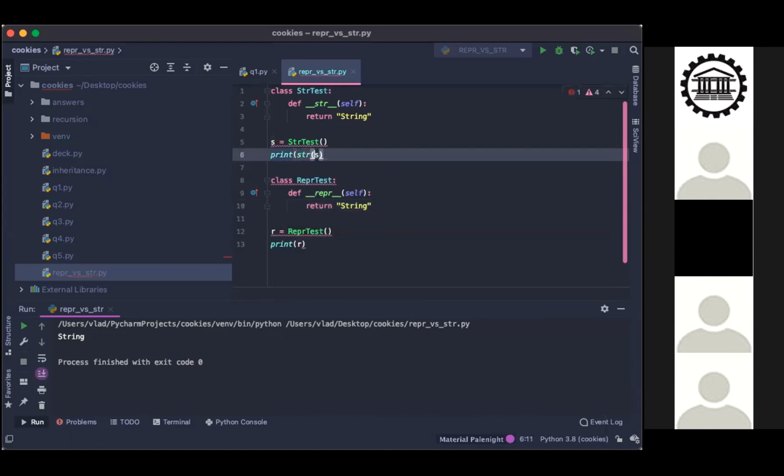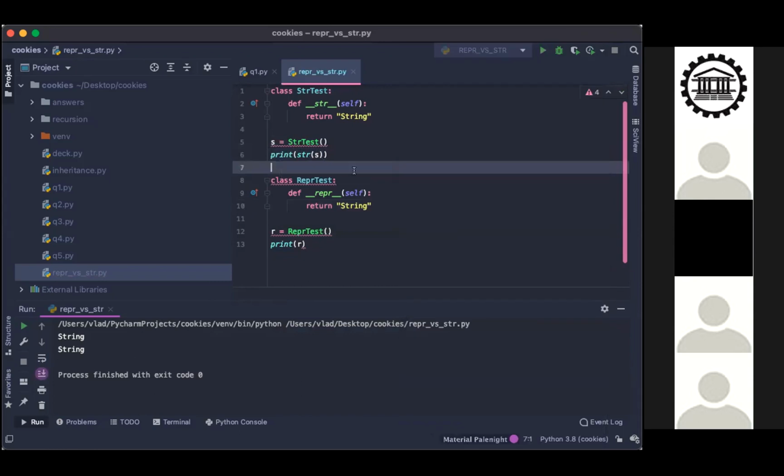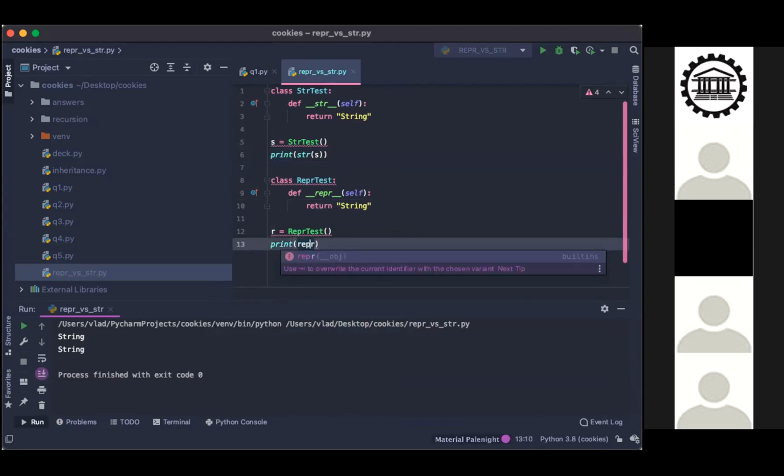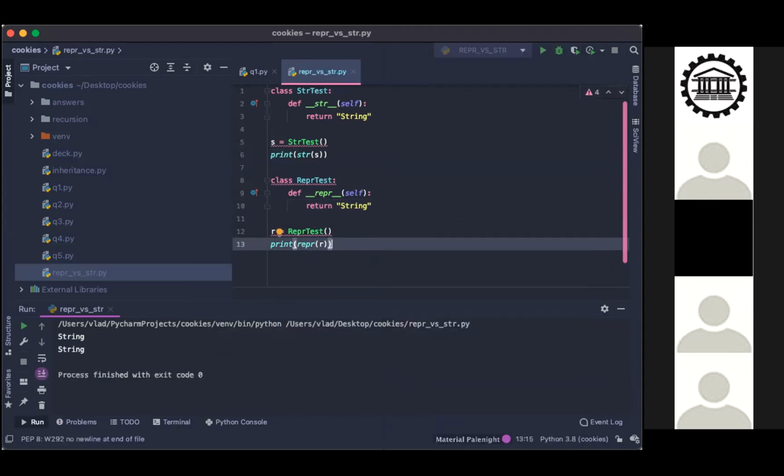If you were to print this, it would make something like this. But if you here printed the repr of this, right? I meant to give you something else. Maybe not in this IDE.